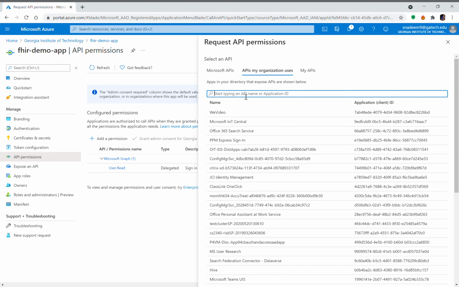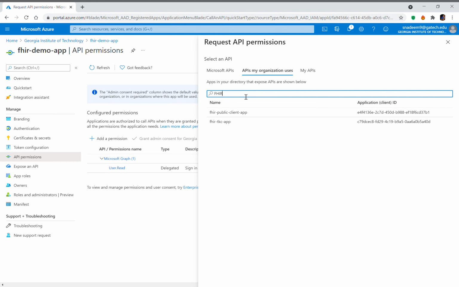I was looking for the search box. So if we just type FHIR, so